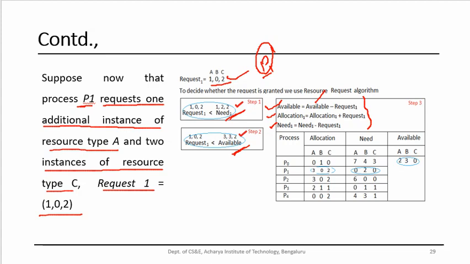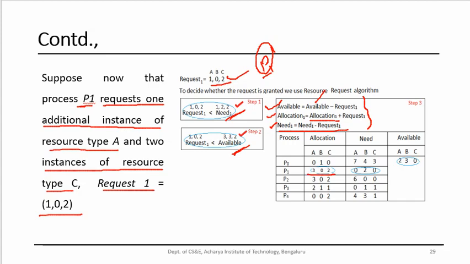So available is updated, and we add that many to the allocation of P1. We had allocated some resources. Now since we are granting this request, whatever it has requested, those many resources are also added to allocation, and its need would obviously come down. It becomes need 1 minus request 1. That will be the new value of need. So that is what I have shown here.